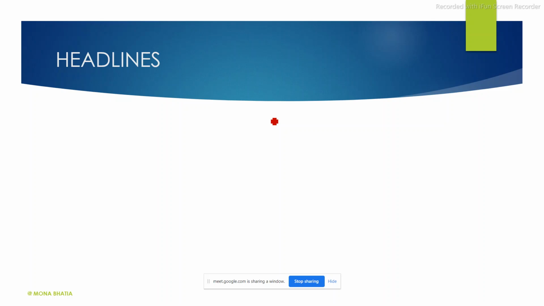Now your headline can be placed in many ways. It can be placed in single column, it can be placed in double column, it can be placed in 7 columns. So it depends on what type of news you are giving. Sometimes it is a very big main news. For example, Lata Mangeshkar passing away. So it was a big news.